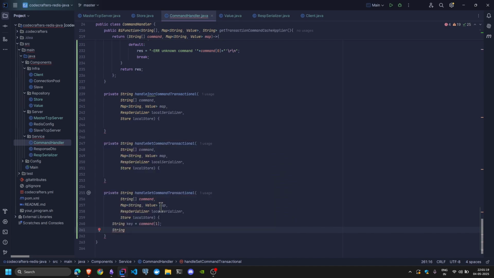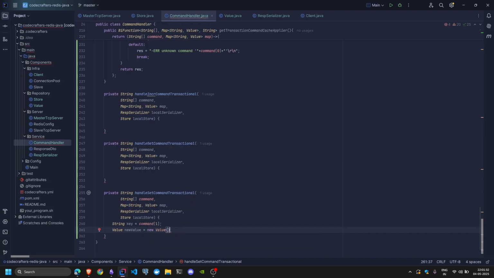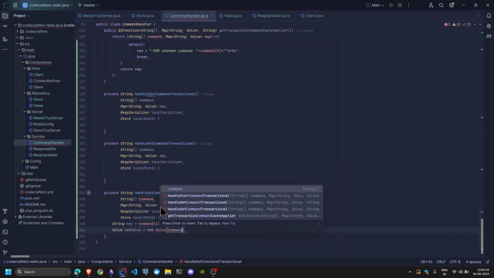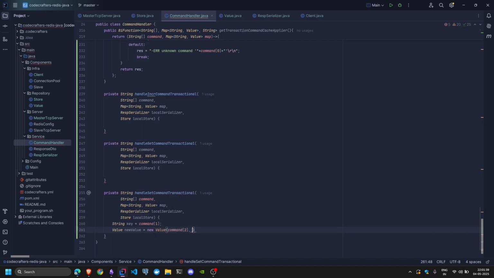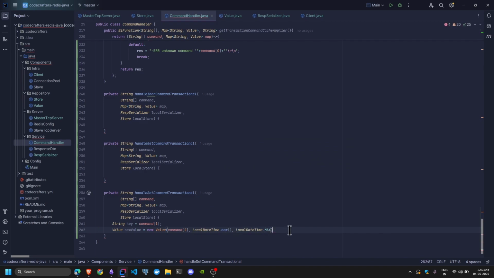We'll create a new value: new value with command of two, local datetime dot now, and expiry is local datetime dot max. That's the new value that we need to set,